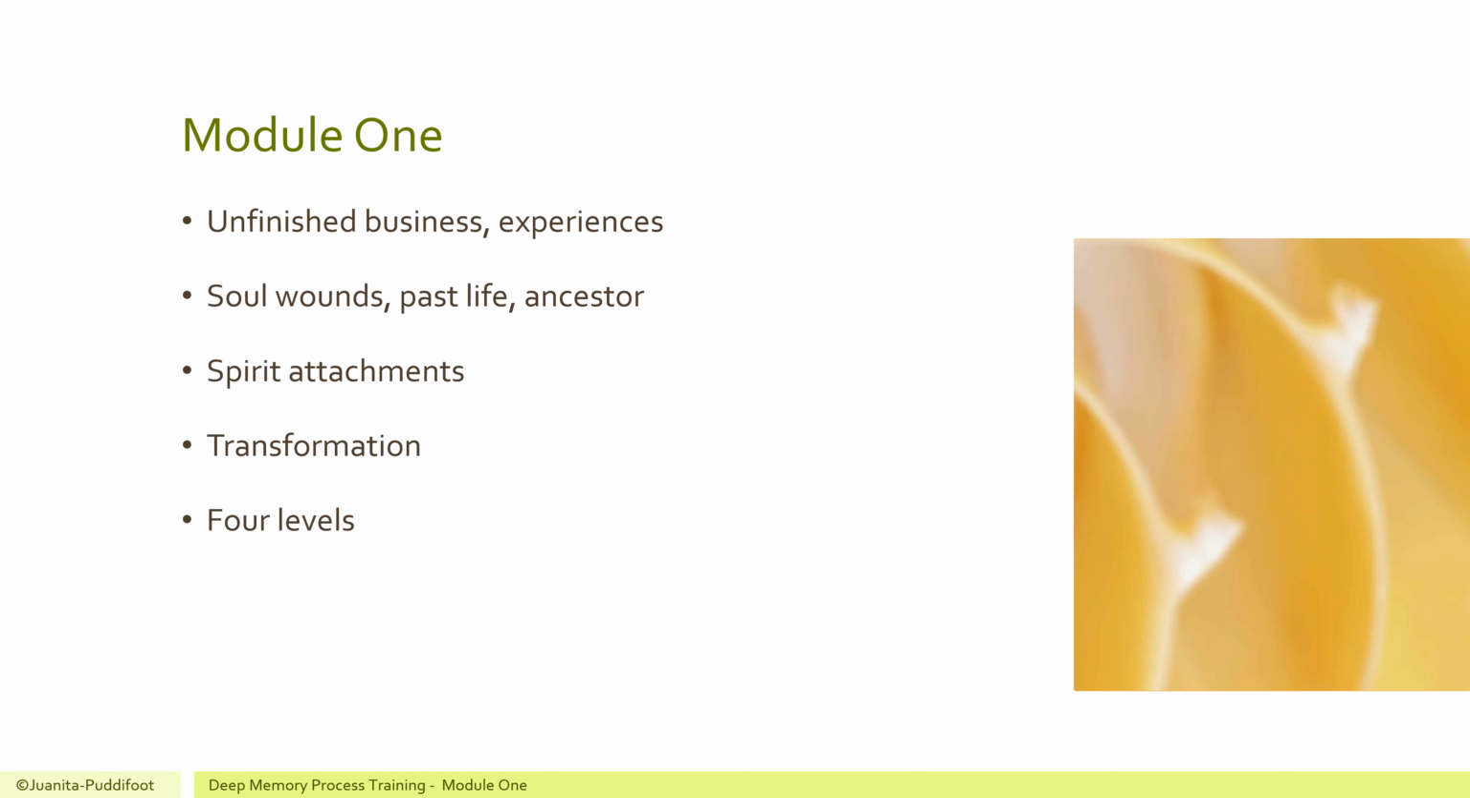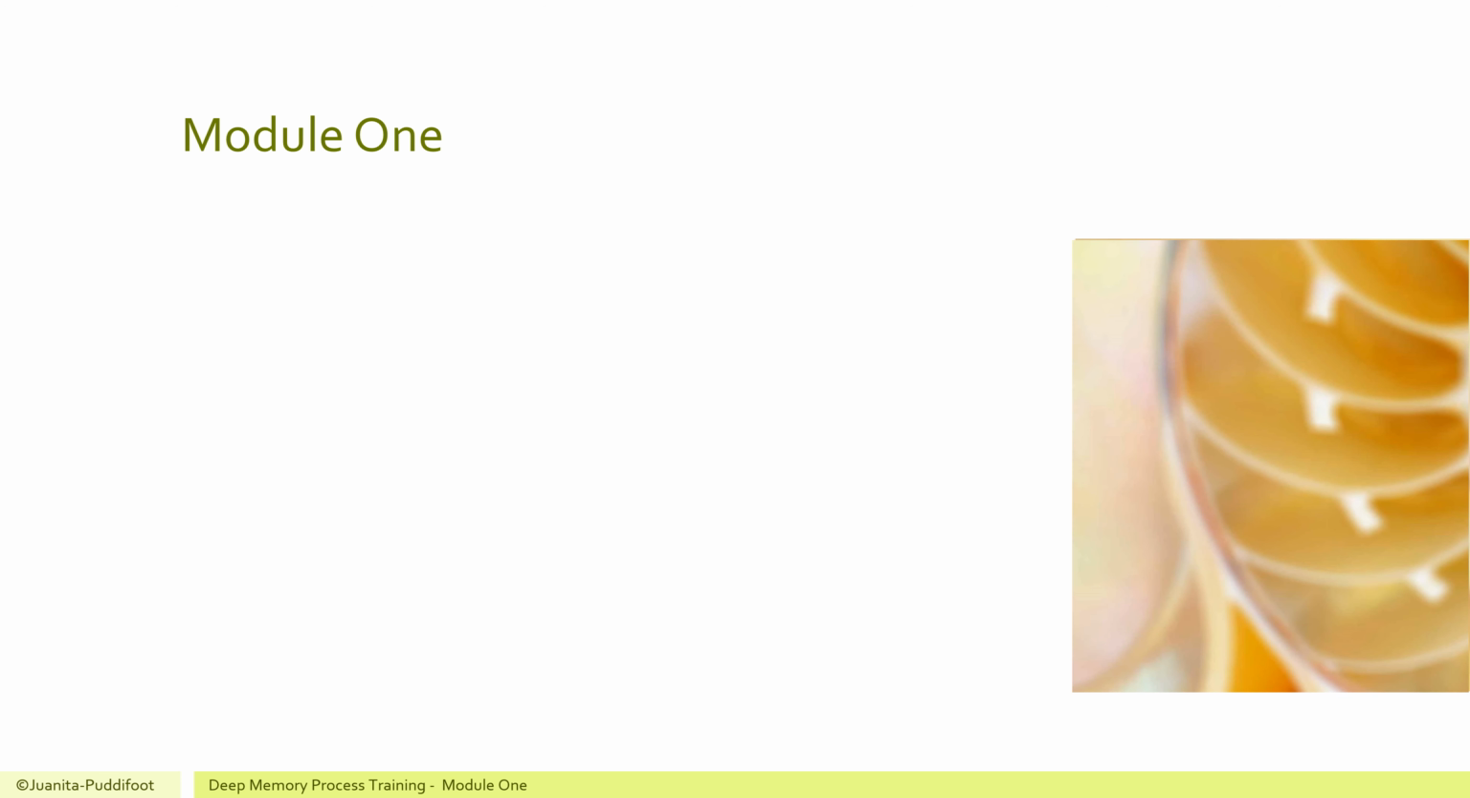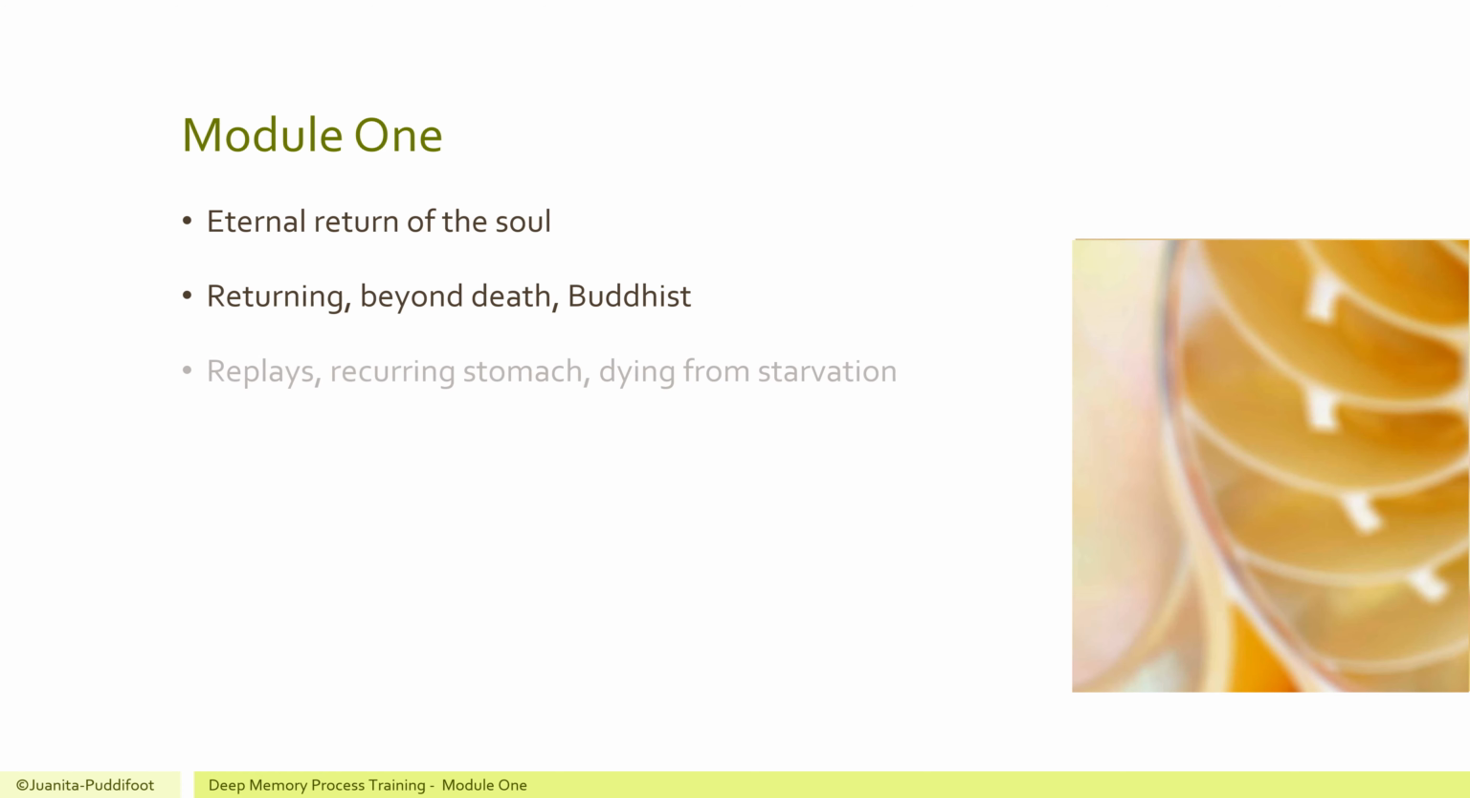We use DMP to work with the 4 levels of a person, and what we mean by this is the spiritual level, mental, emotional and physical levels to bring to consciousness any stuck residues, then to work with these to bring release, healing and transformation so that the client can have change and movement in their life and the issue